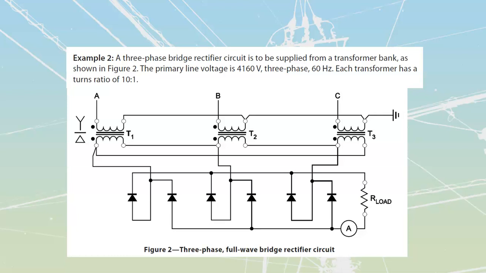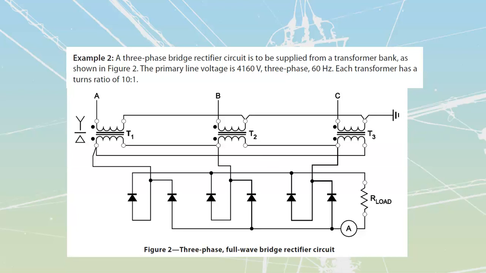I can double check and just see if my values of voltage are going to be fed back in from either side. And I do see that I've got that, that I can feed to my load from either one of these. If this one over here was going to be negative into my load, I could have another line that is going to be currently positive, and I would be able to get a line-to-line value of voltage. We can pick any two. We just have to look and see if there's going to be a complete path for this to happen through. Supplied from a transformer bank as shown in figure 2, the primary line voltage is 4160 volts, 3-phase